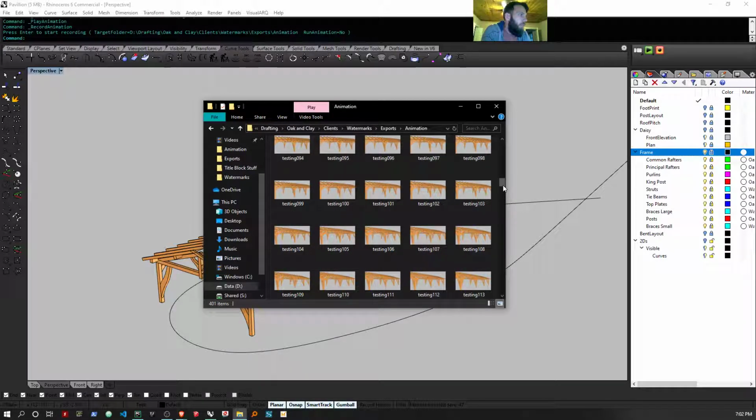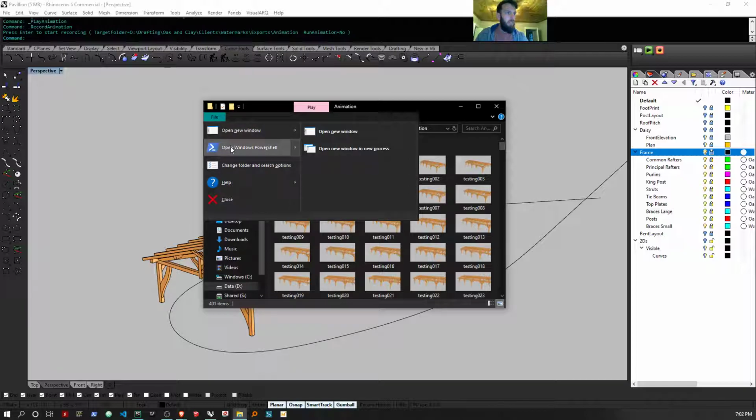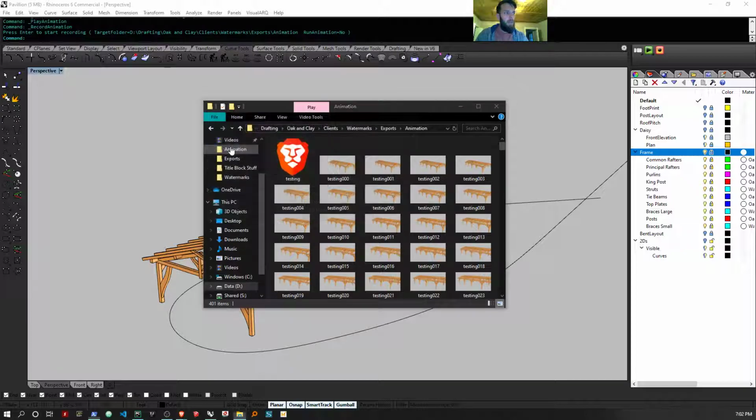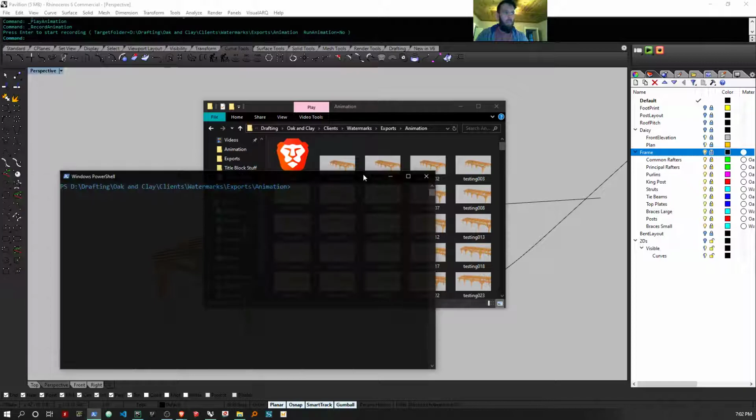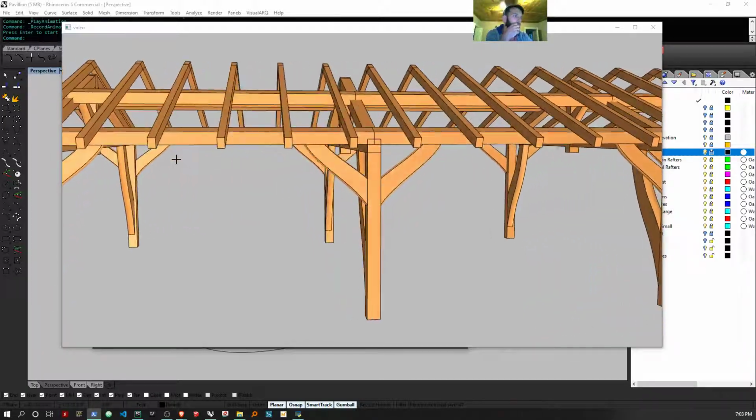All of those images, and you can watch the animation in this HTML file, but what we're going to do is actually make an MP4. Open up the PowerShell in that window, and launch Python. And there's some work you have to do to get this all set up, but once it's set up it works pretty quickly. Import img to vid,